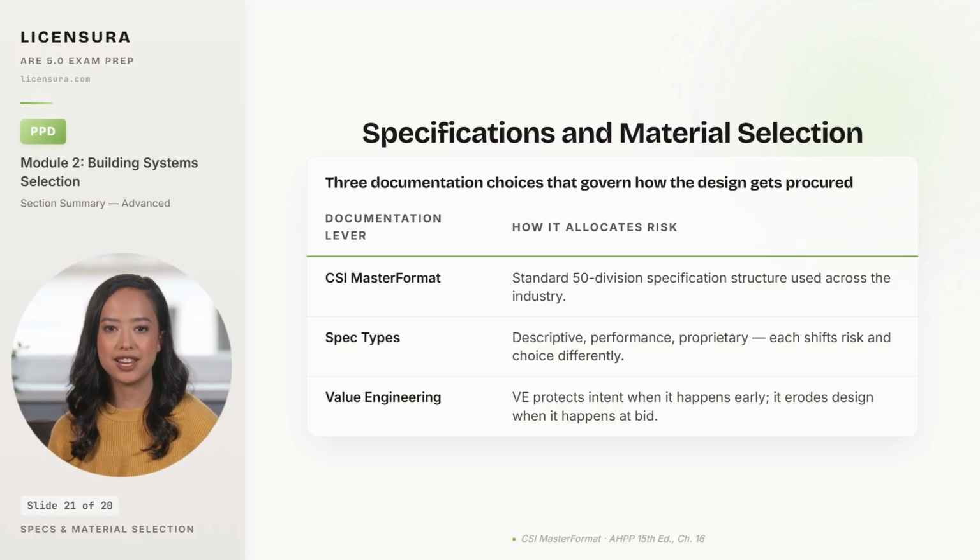And value engineering is the most misused tool on the project. Done correctly, VE is an early phase conversation that protects design intent by identifying alternatives before commitments harden. But done incorrectly, it is a bid day rescue operation that strips features after every party has already optimized around the original program. 4 takeaways close the advanced systems arc into the trade-off discipline that distinguishes a real project architect